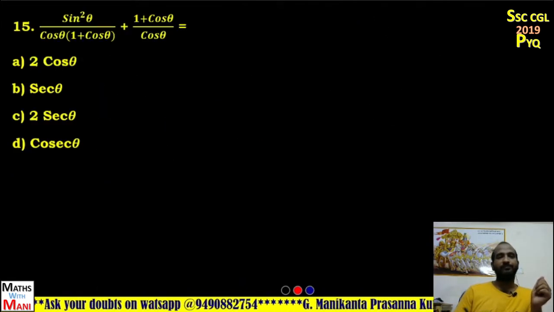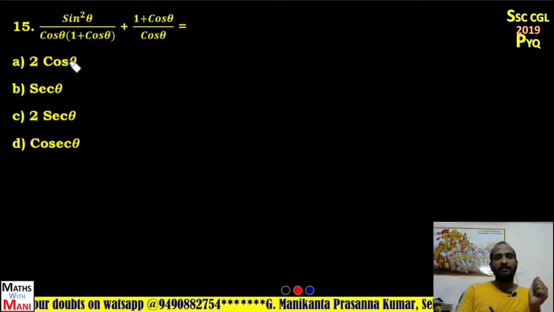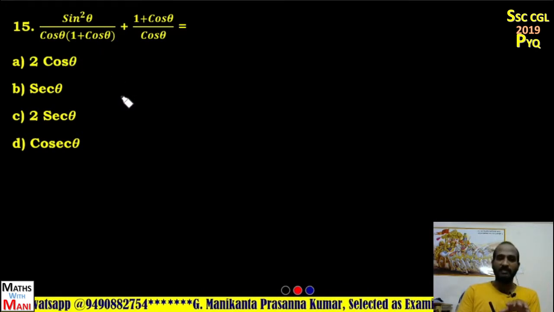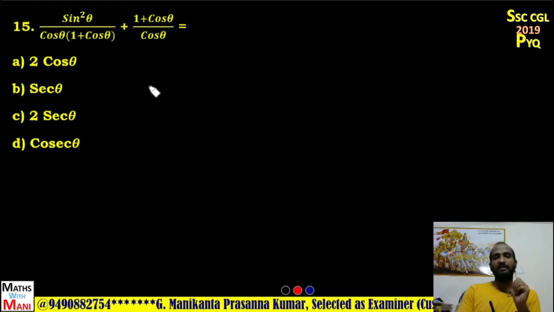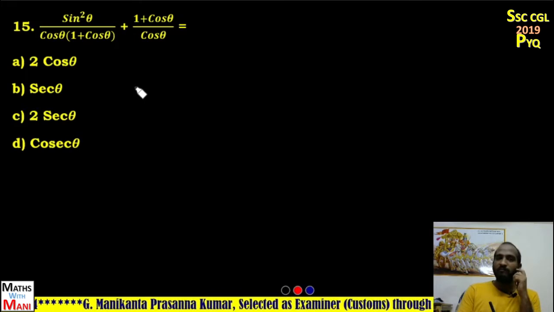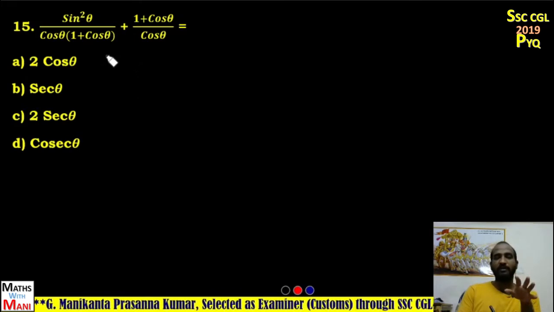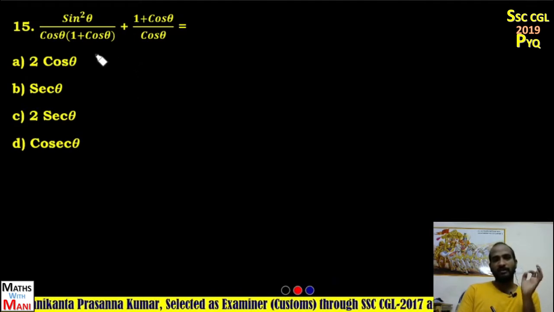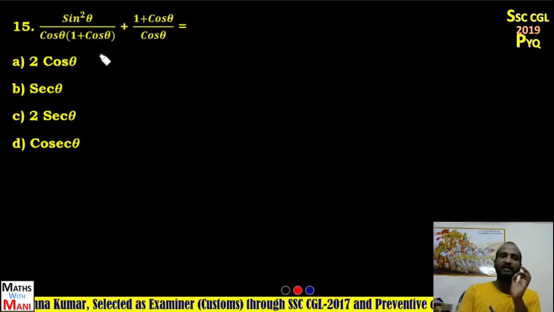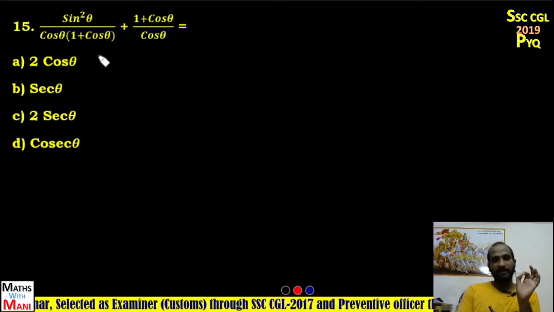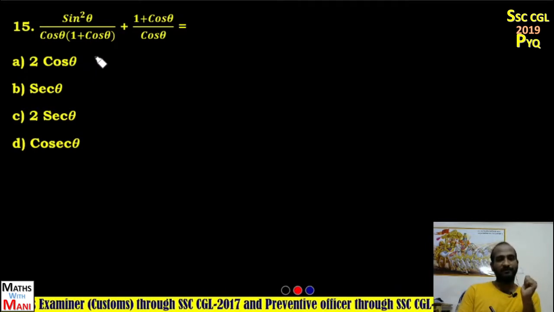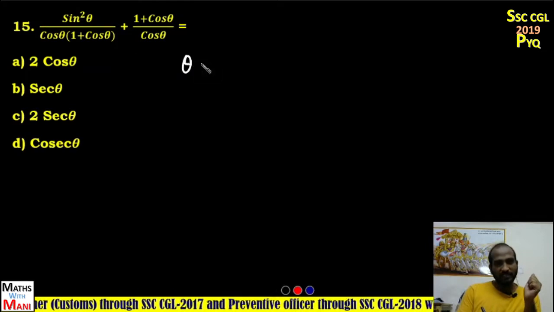Let's see. Sin square theta by cos theta into 1 plus cos theta, plus 1 plus cos theta by cos theta. Here, what about the values of the trigonometric ratios? Since only sin and cos are there, I can take theta as 90. I can take theta as 0 anywhere. If I take theta as 0,